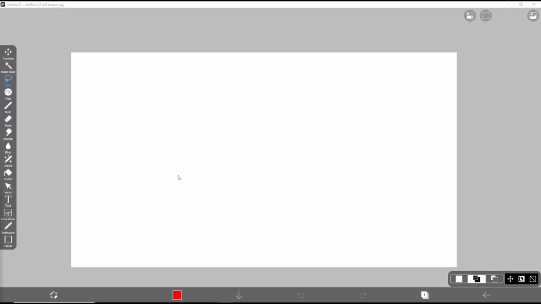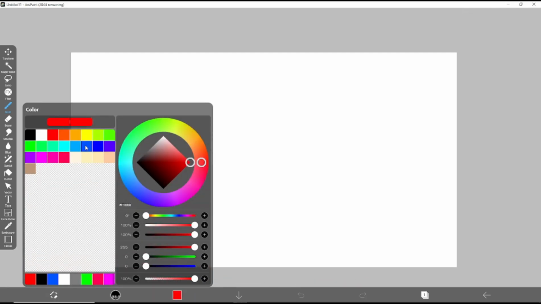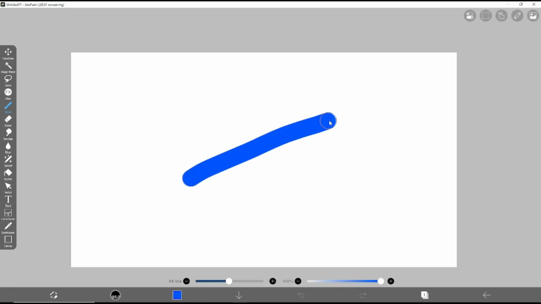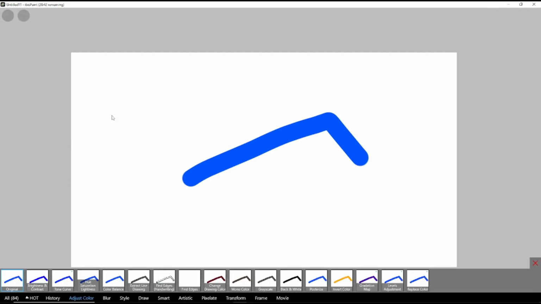Hello everyone, today we are going to learn basic Ibis X tutorial how to 3D filter. So for example, I will create a simple object with the blue color. And if you want to create the 3D effect in this object, you can go to filter tools, click on